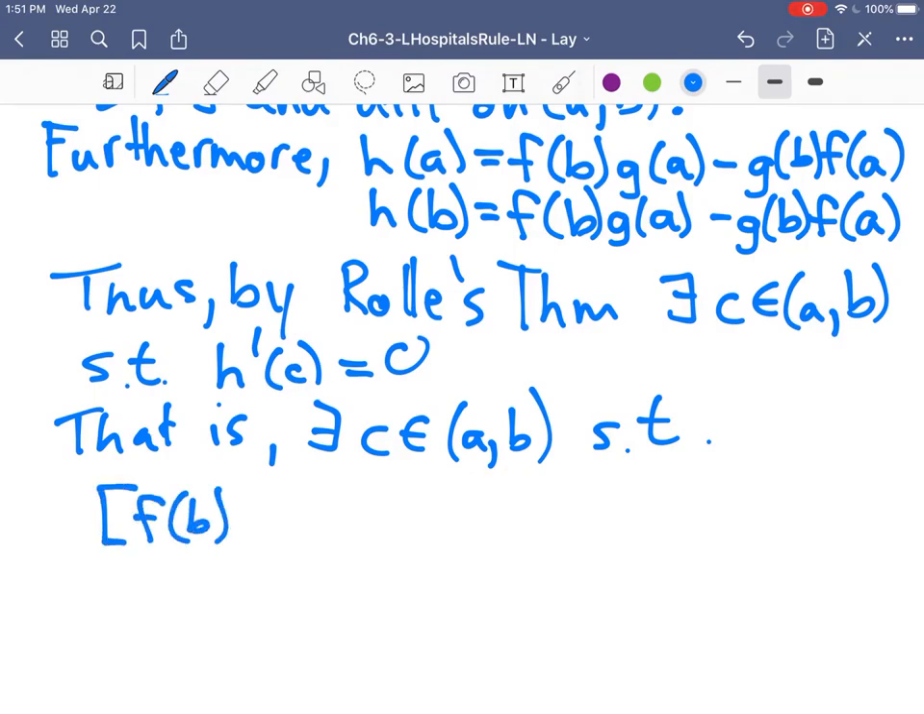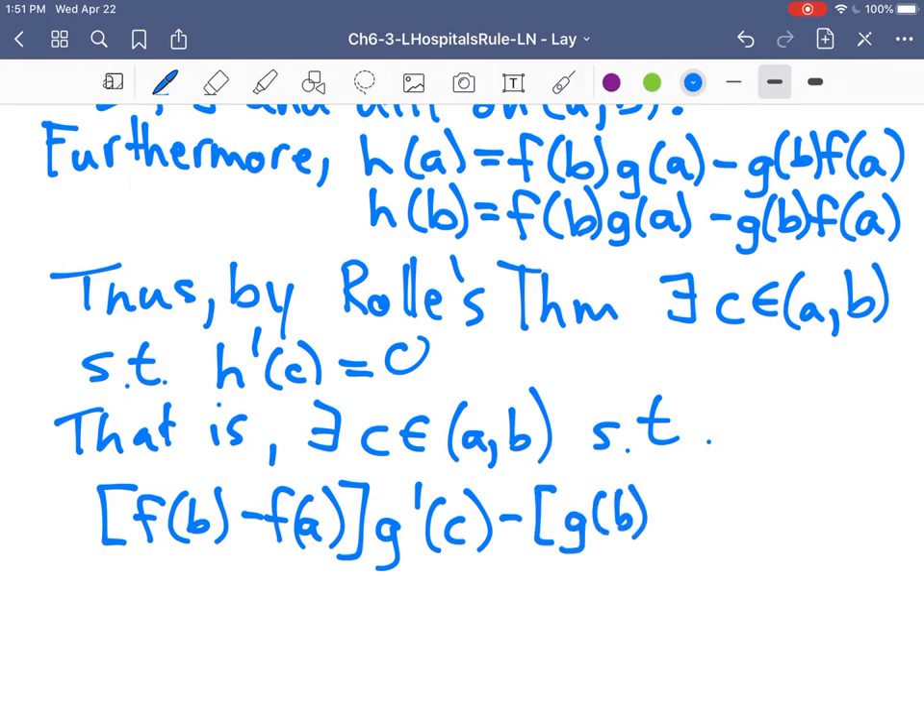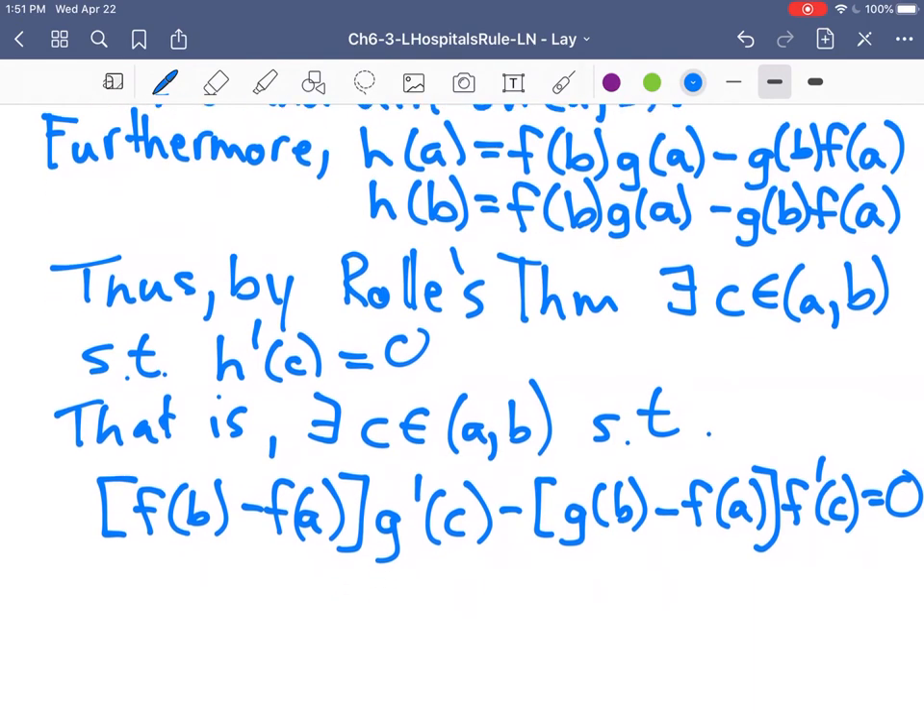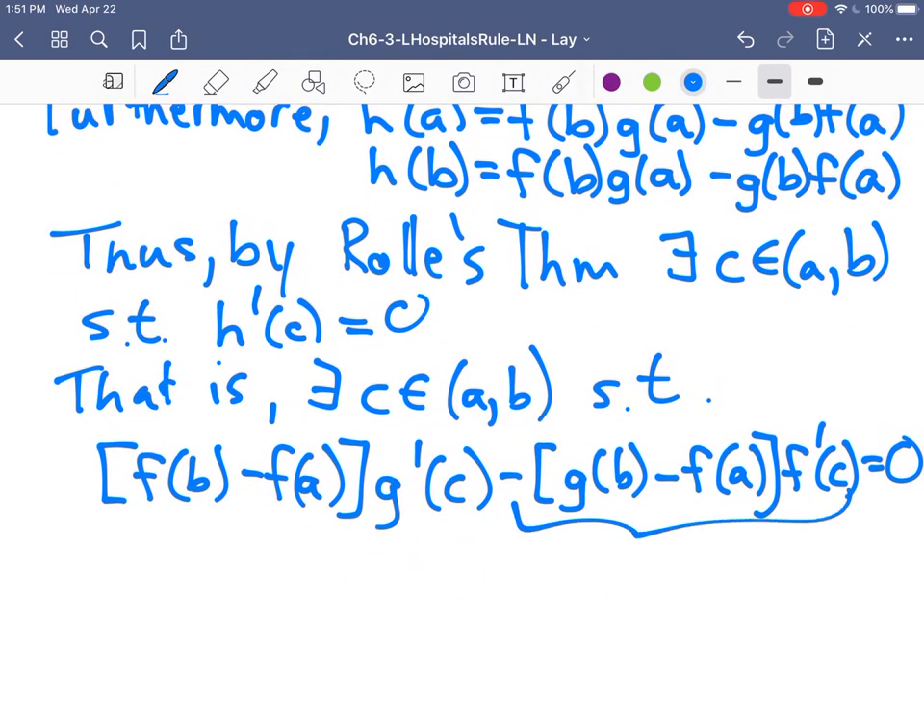f of b minus f of a times g prime of c, I guess we would have minus g of b minus g of a, f prime of c. We have that's equal to 0. And so then we end up with the desired result. So if we added this part to the right-hand side, we end up with our desired result. Therefore,